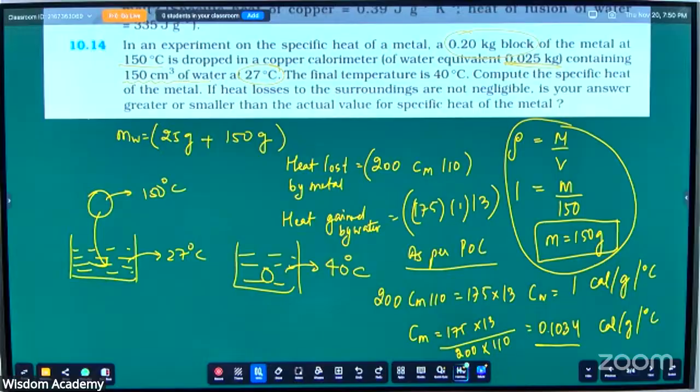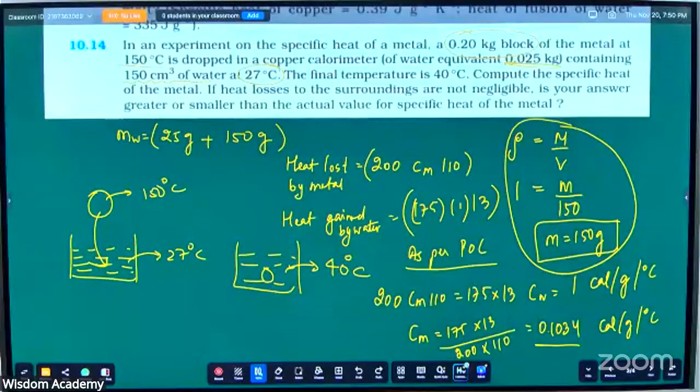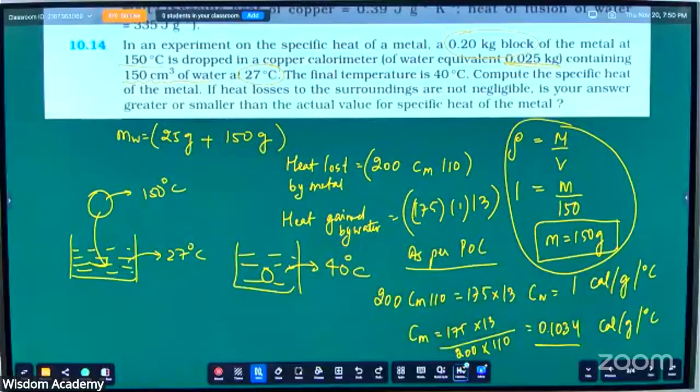Tell me, Shrish. Sir, what is the answer if we do it in the joules method, sir, not calories? You have to convert into joules and check. I don't know the answer in that way. You have to convert and check. But you have to do all the conversions, centimeter cube into meter cube first. Yeah, those things, be careful. If you do it, you will get the answer. Okay, sir. Any problem in this, please ask me.